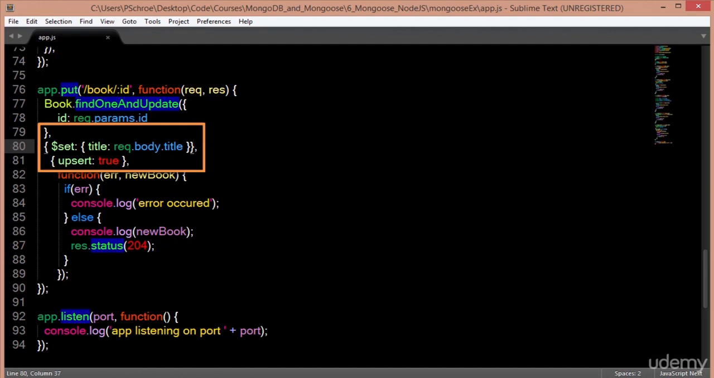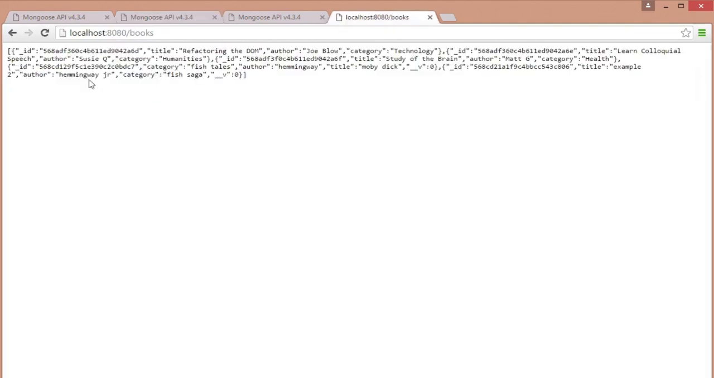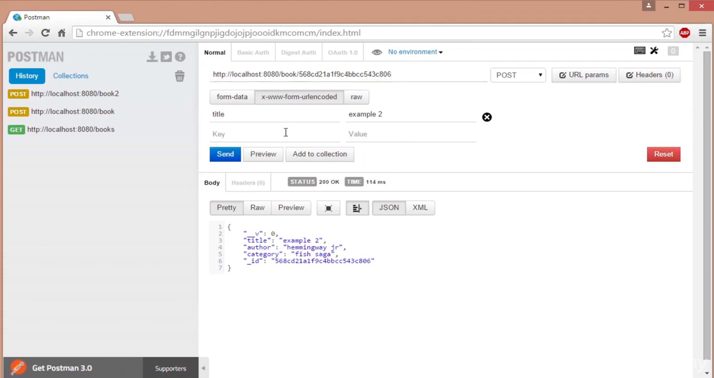Okay, so that should fix my syntax. I just need an extra ending curly bracket right here. So now let's test out this route. And to test this out, I'm going to take the ID of one of our books. We'll take this one right here. So currently the title is example. So I want to change that. So I'm going to go to book / the ID of our book, and I'm going to update our title to be, call this example 3,